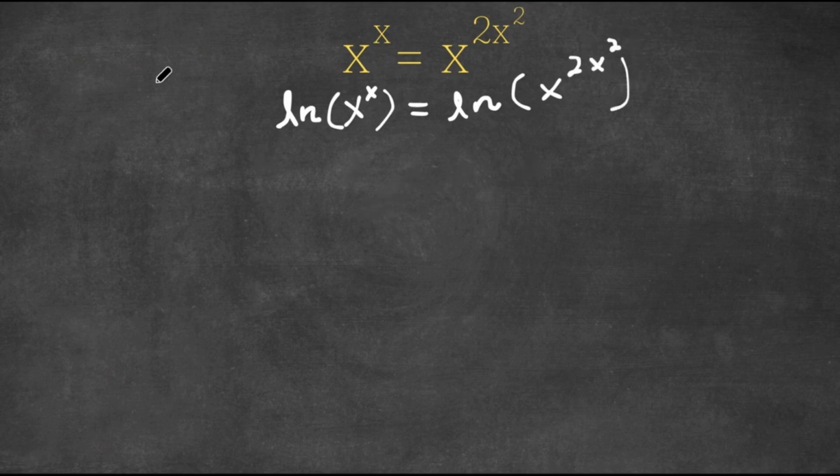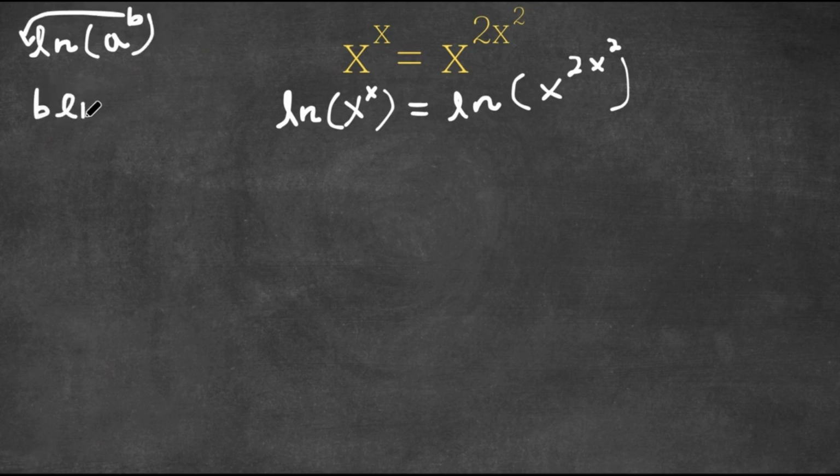Now, an important property of logarithms is that if we have something in the form ln of a to the power of b, we can actually move this exponent to the front. So this would be b times ln a. So this is exactly what I'm going to do to both of these. I'm going to move the exponent, which in this case is x, and 2x squared to the front of the logarithm. So now we have x times ln